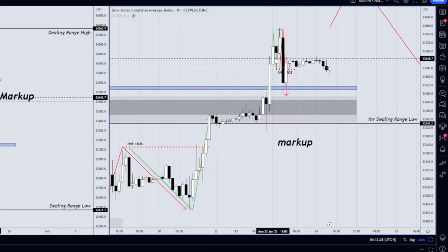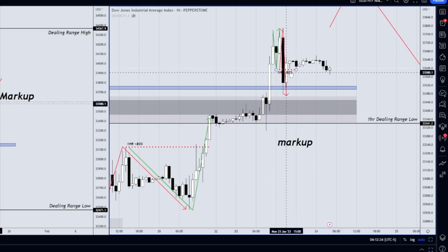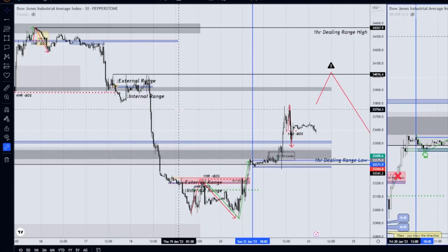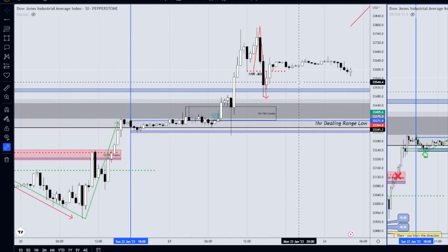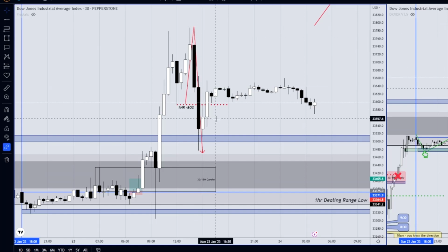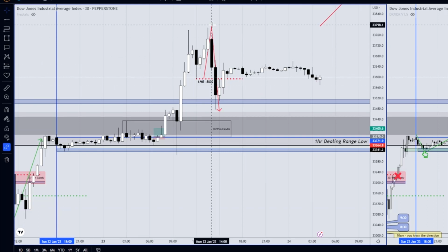It looks like it's broken structure on the hour at least. So we have a high, low, and a higher high, and a break of structure. If we drop down to the lower time frames, the 30-minute, you can see a little bit more clearly: a high, a low, and a higher high, a break of structure just by that. I've got to fix these markups,